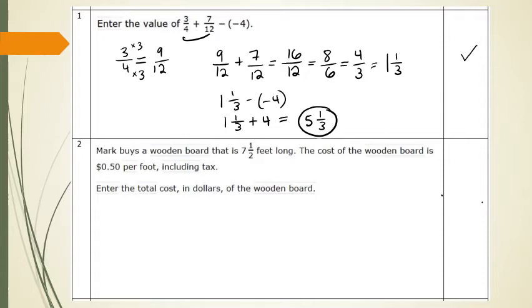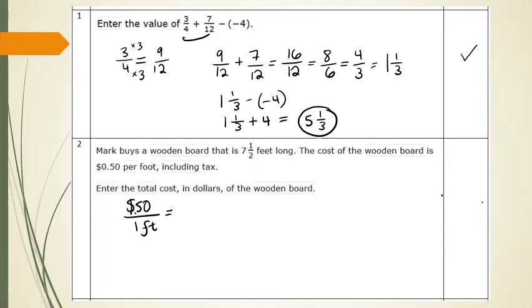Mark buys a wooden board that is 7 1/2 feet long. The cost of the wooden board is 50 cents per foot, including tax. Enter the total cost in dollars of the wooden board. This is an example of a proportional reasoning problem. So if the wood is 50 cents per foot,